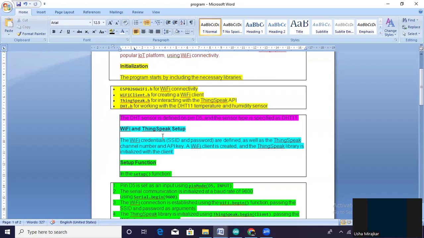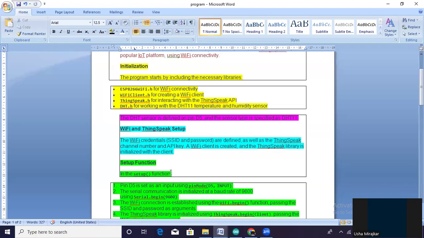Now the Wi-Fi and ThingSpeak setups. For the Wi-Fi, the Wi-Fi name and password are defined, as well as the ThingSpeak channel number and API key. The Wi-Fi client is created, and the ThingSpeak library is initialized with the client.